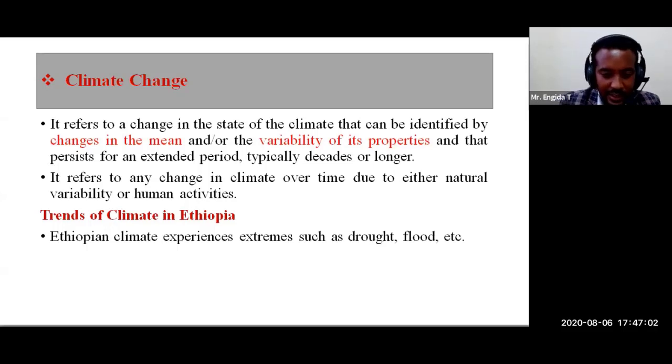Any change in climate over time is due to our day-to-day activity, or anthropogenic activity, or man-made activity, or natural occurrence, or both. The change of temperature, the increment of average temperature, is mainly due to human factors and natural factors. The experience and record of climate data revealed that the temperature is growing. I mean, increasing. The average temperature record is changing, increasing,